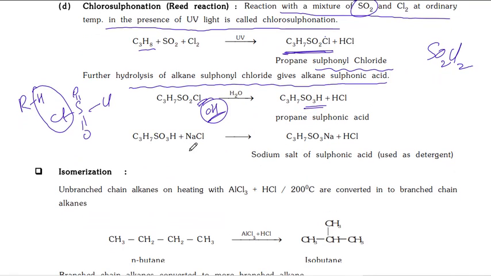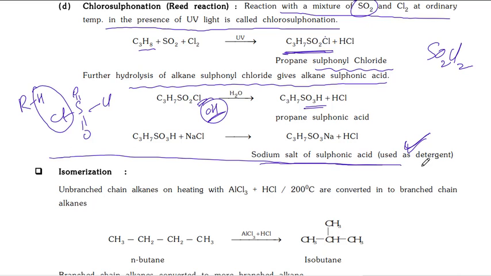Then it reacts with NaOH to give the sodium salt of sulfonic acid, used as detergents. We learned in class 10 about soaps and detergents. Soaps are generally sodium salts of fatty acid carboxylates. Here detergents are sulfonates. Okay, isomerization we already discussed in a separate video. Okay, but